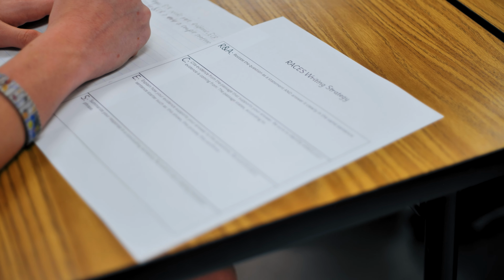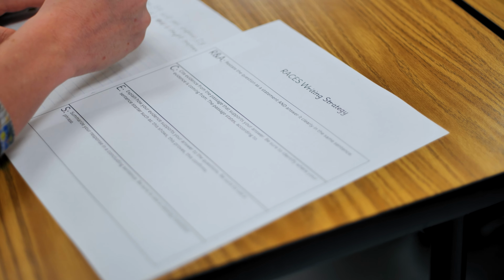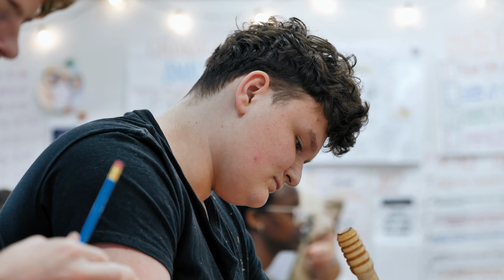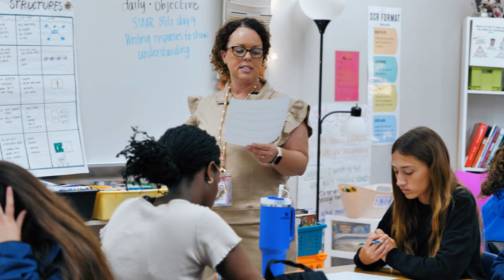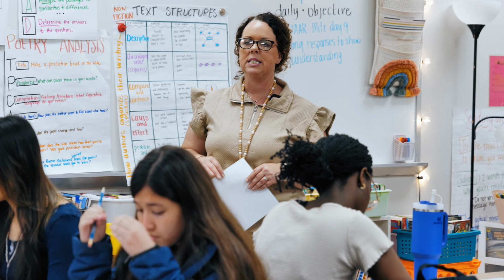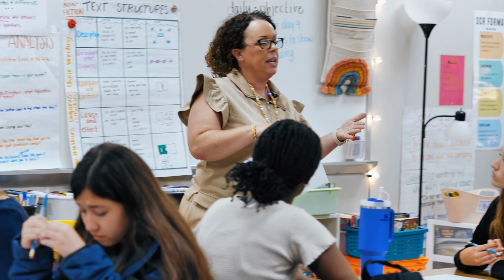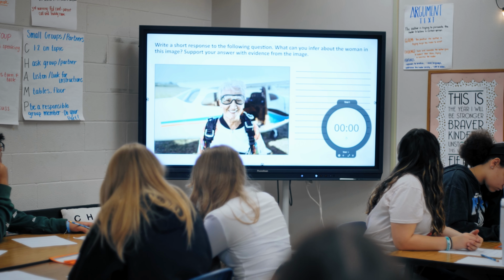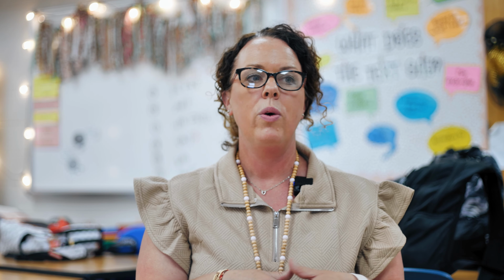And we have taught our students to answer questions thoroughly using a strategy called RACE, where we're restating and we're answering, we're citing evidence, we're explaining how we got to that, and then a summary which wraps it all back up together. So when I'm explaining what I wrote, then I need to say, I know this because, or this shows that. We looked at an image where we had to infer what was happening in that image without text.